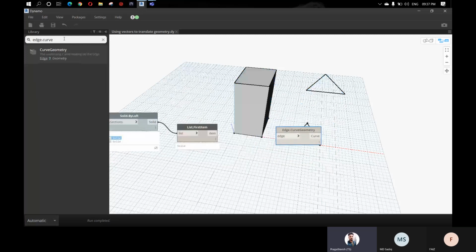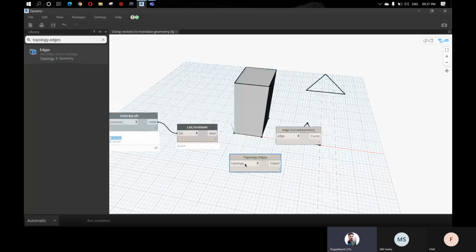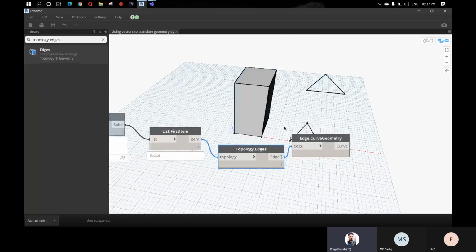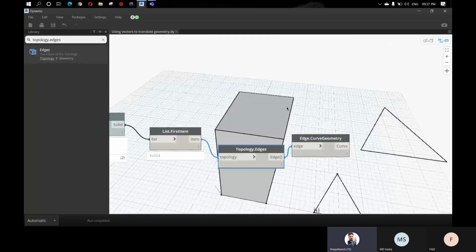To extract the edges we can use a node called Topology.Edges. It says it extracts the edges of a topology. This is my topology, so connect this to this. As soon as I connect it, you can see all the edges in dark color.